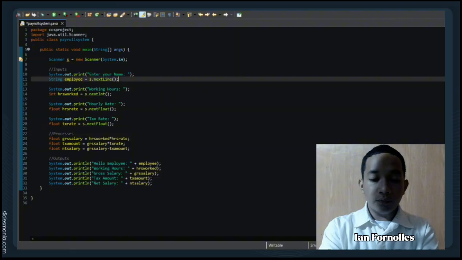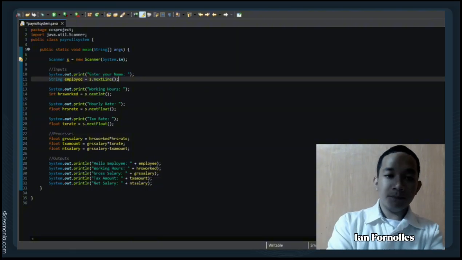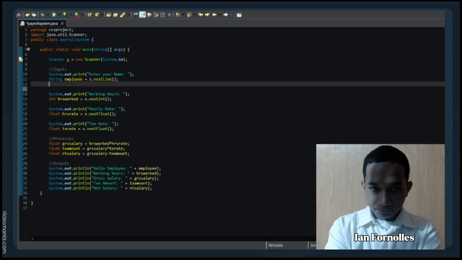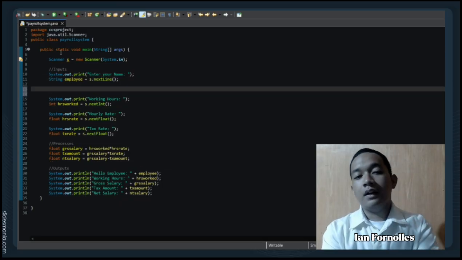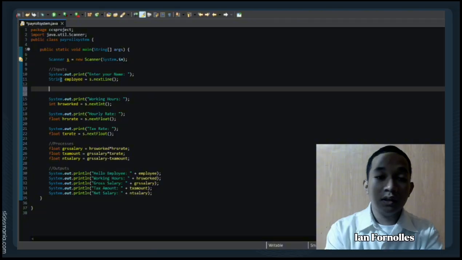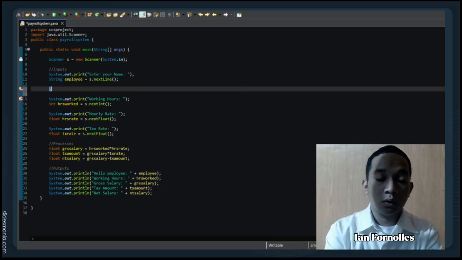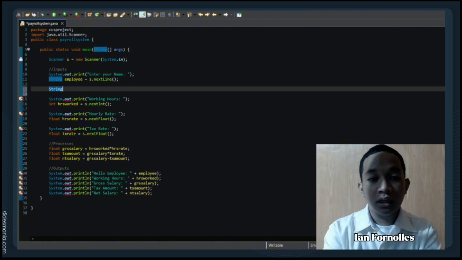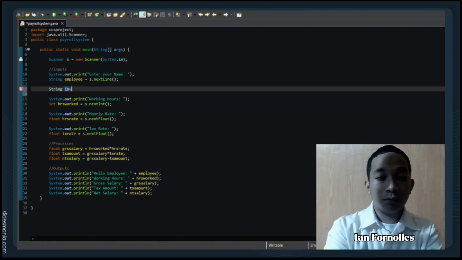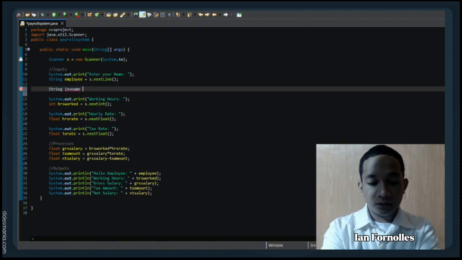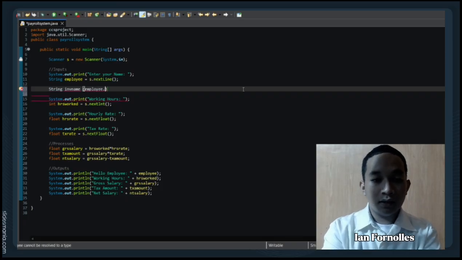So now we're going to move on with our debugging and our edge cases in our Java project. The first edge case is figuring out if the user has inputted the right data type. If the user has inputted the wrong data type, we can put an error message in it. So we're going to put a string in here. Let's say our variable will be invalid name, and then our